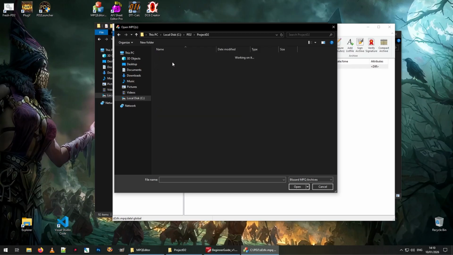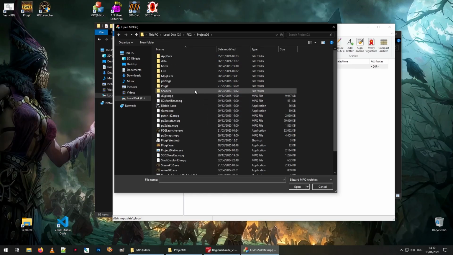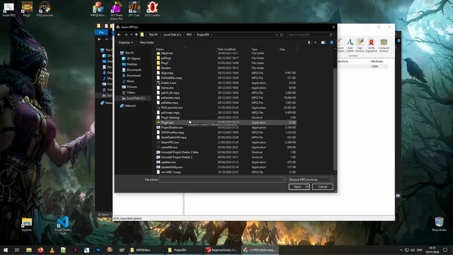And the important part for extracting our files, that's just my way. I always start with the newest version of MPQs and then go to the oldest version, and when I extract stuff I don't overwrite anything, so I always have the newest version. The first file we're gonna start with is PD2 maps.mpq,